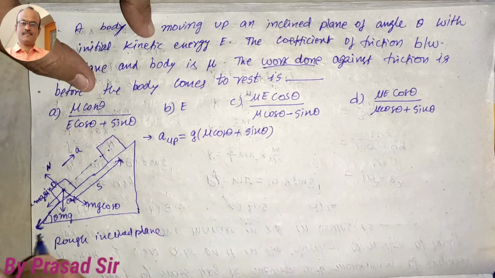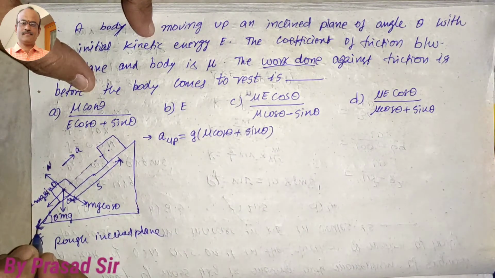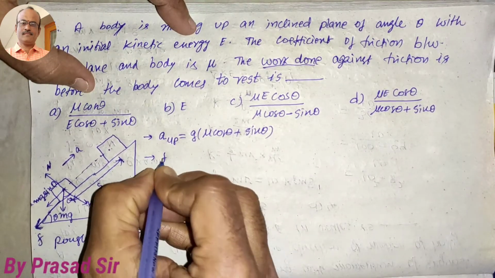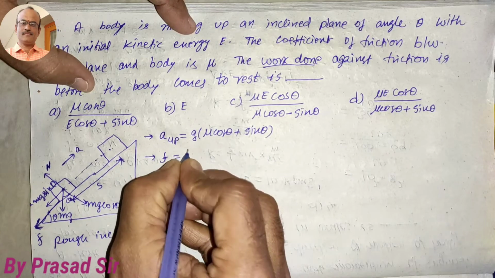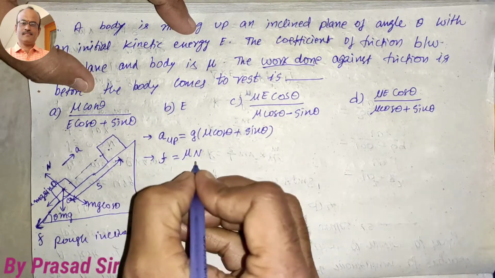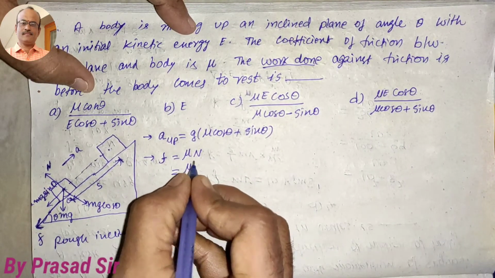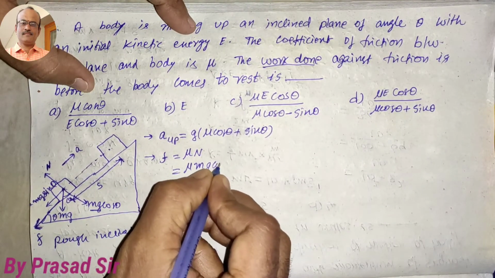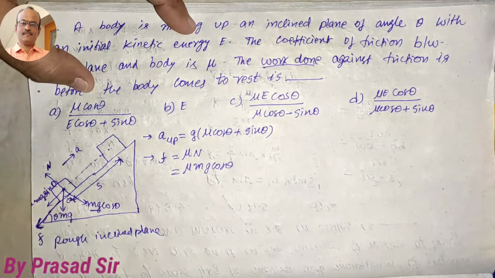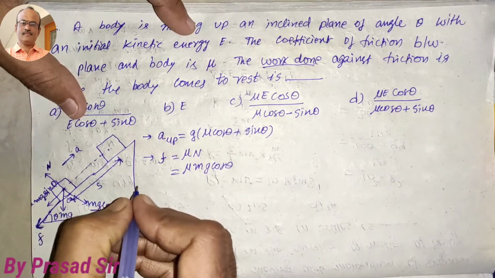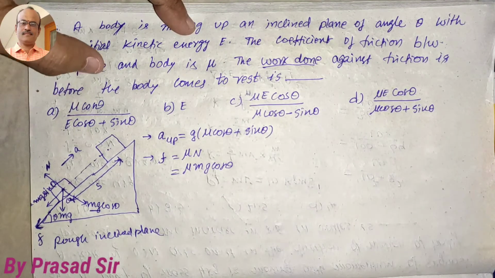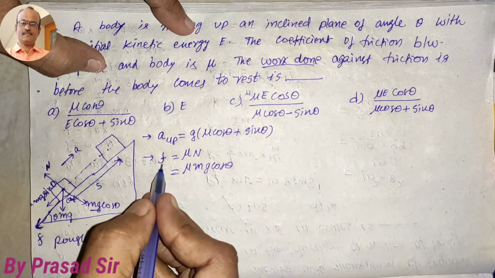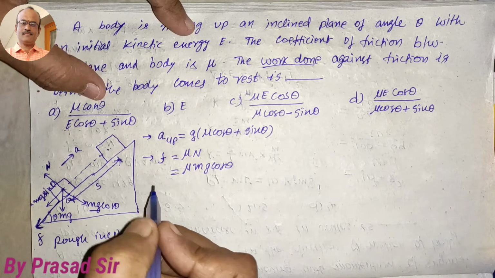Then the body moves in the upward direction, and there is the frictional force acting here. What is the frictional force? F is equal to mu into normal reaction. Here mu into normal reaction, where the normal reaction is balanced with mg cos theta; we write this by equating the components. Then we want to calculate work done, which is force into displacement. Force means frictional force, which we already got, but displacement we want to calculate.